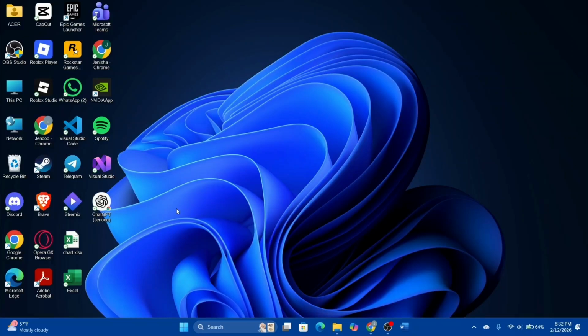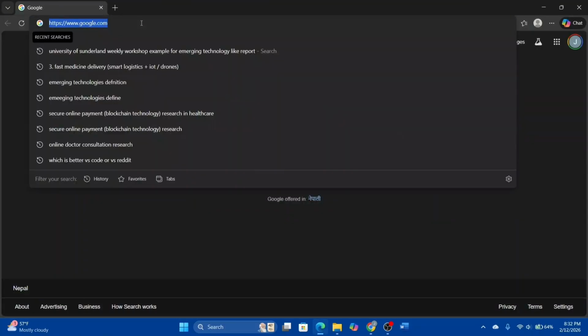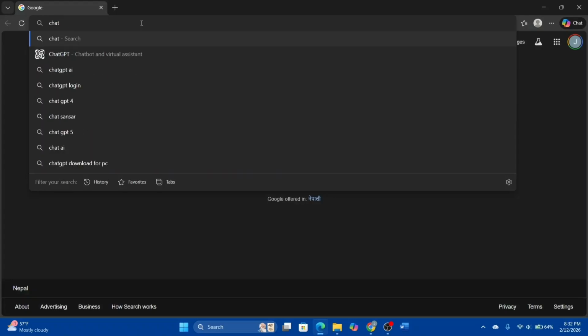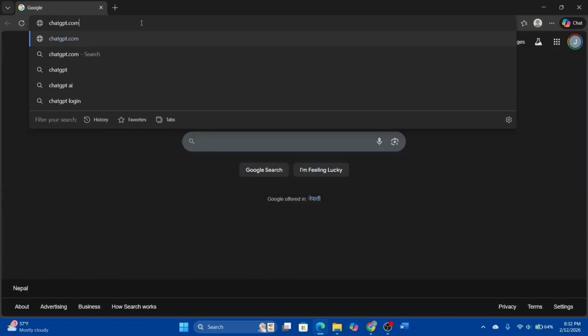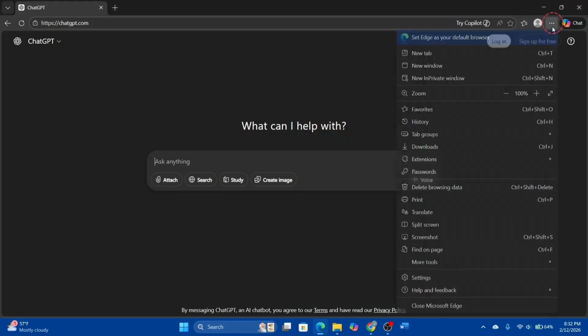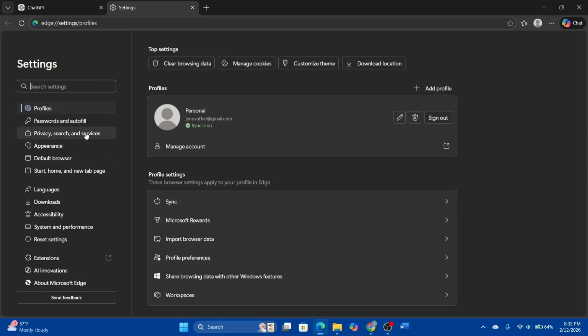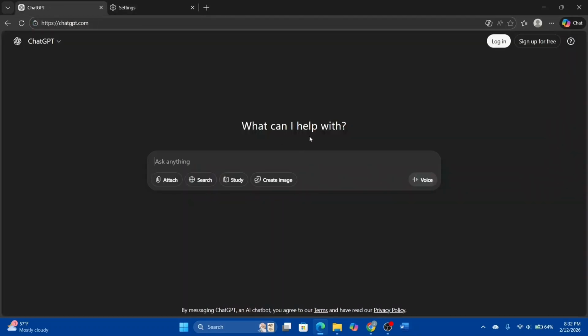Apart from that, we can use Edge web application as well. So for that, we can open up Edge instead of the browser. And there also we can type in chatgpt.com. So type in chatgpt.com and hit enter. Or we can go to chat.openai.com and look out for the three dot and look out for settings or more tools, and basically go ahead and create a shortcut for our ChatGPT application here, just like